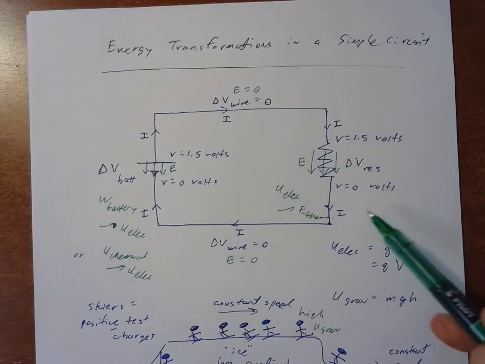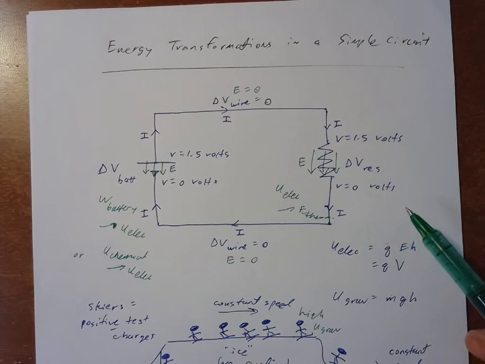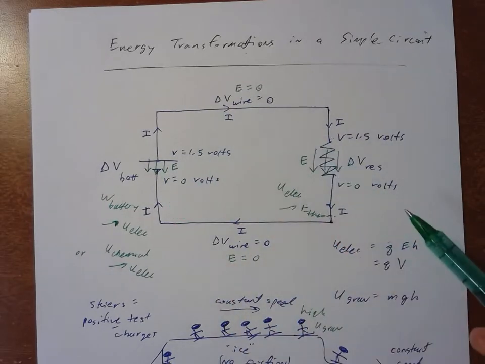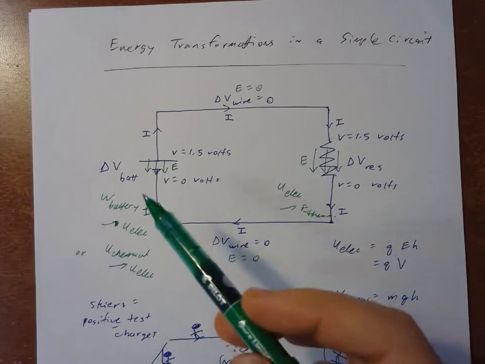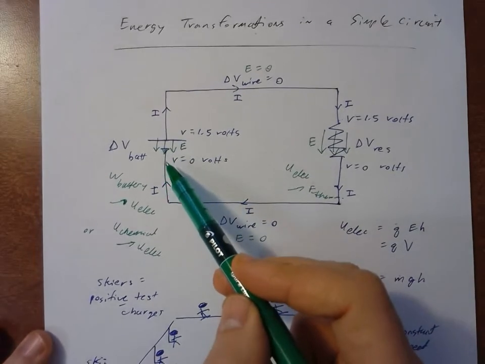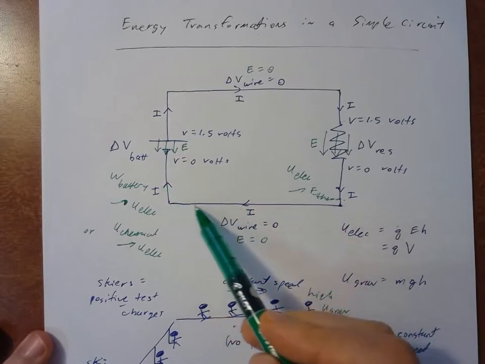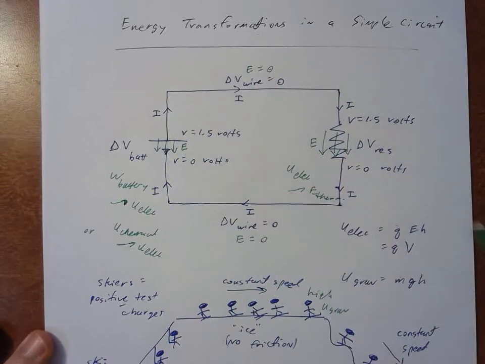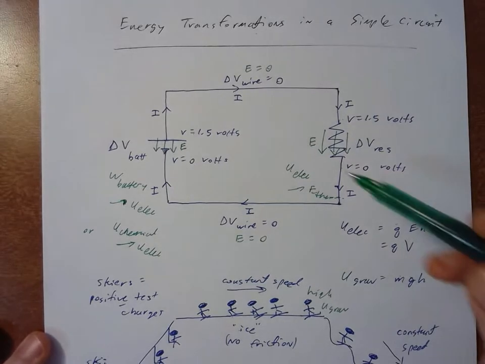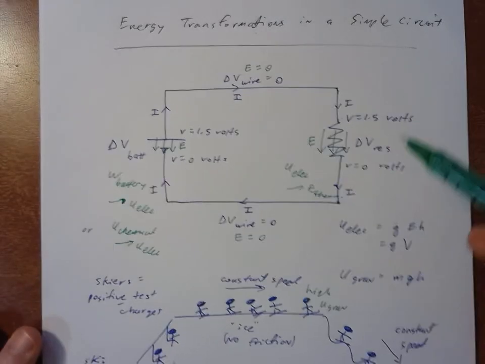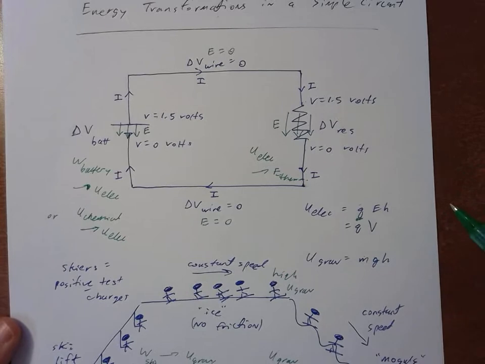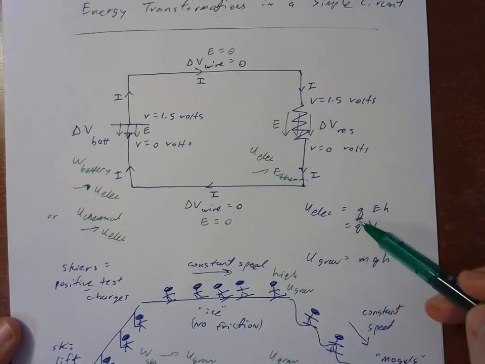We're going to do one problem with this picture, but before we do that, you might be wondering why we're talking about the positive test charges, because we know from experiments that what's actually happening in the wires is negative charges. Electrons are coming out of the negative end of the battery and flowing this way around the circuit. Well, we talk about positive charges because Q is a positive number for a positive charge, and it's therefore positive